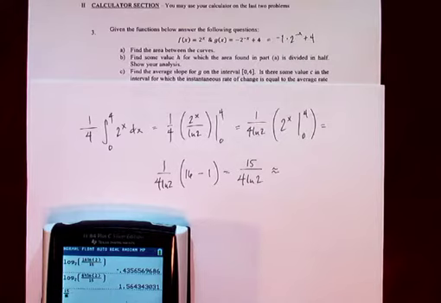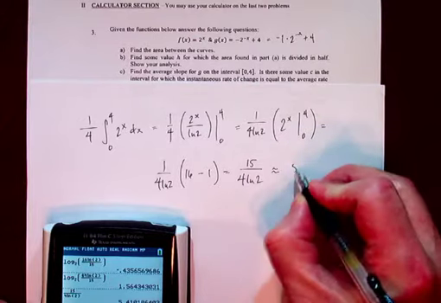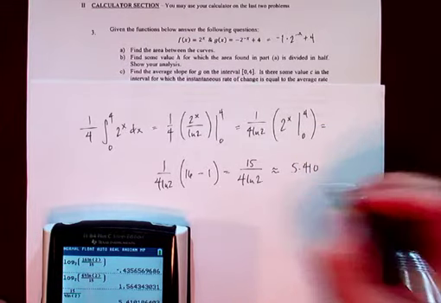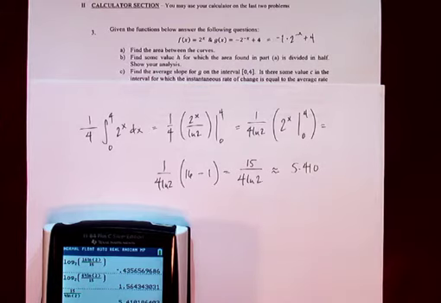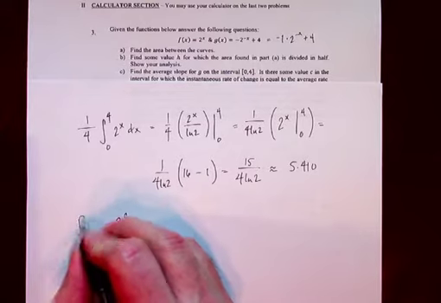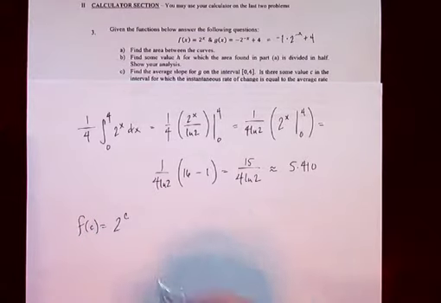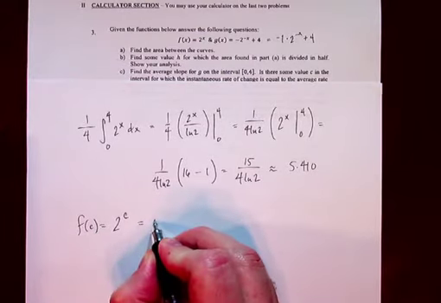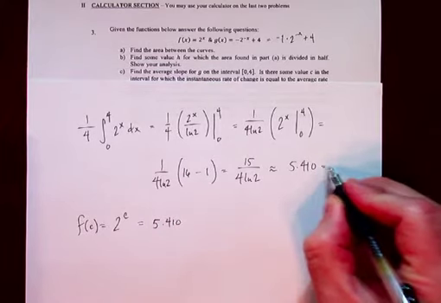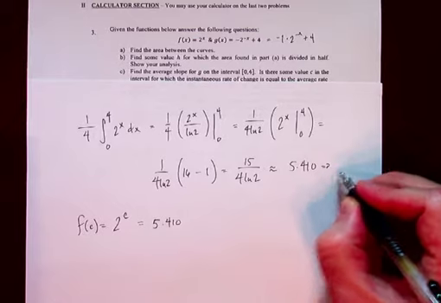15 over 4 natural log 2, and that is going to be approximately 5.410, right? Now, what I need to do is determine when is f equal to that. So I just set 2 to the c, which is, of course, f of c, equal to that 5.410. And of course, I would store this into some value in my calculator and use the actual value rather